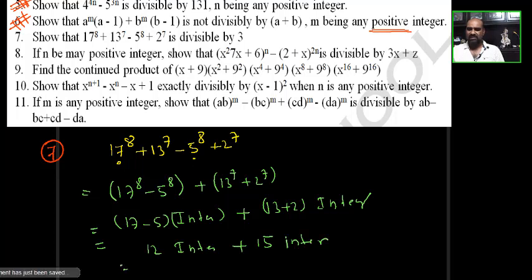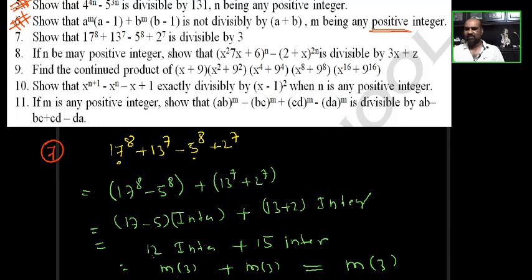So what I can say, this is a multiple of 3 only, no? 12 into something is a multiple of 3 only. This is also a multiple of 3 only. For the addition of the two, don't write "2 multiples of 3", that is not correct. Just "a multiple of 3" you can write. A multiple of 3 plus a multiple of 3, not like that. This is a multiple of 3, this is another multiple of 3. This may be 9, this may be 12. Already here this is 12 into something, this is 15 into something. I use this 12 and 15.